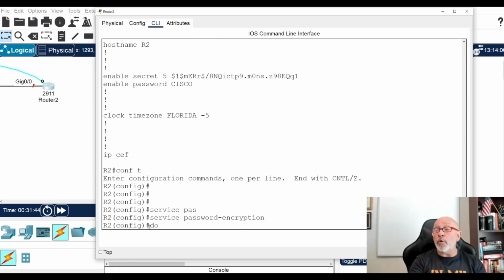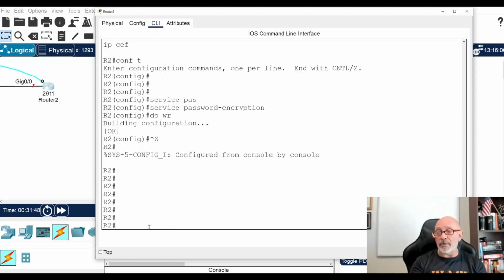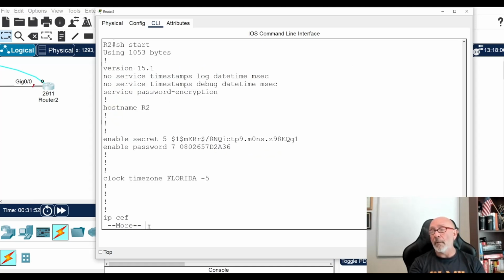So it's going to encrypt all past, present, and future plain text passwords that you put in there, but it's not as strong as the secret. So there's what we just did. When we turned this on, it took this enable password Cisco, this Cisco password here, and is using MD7.